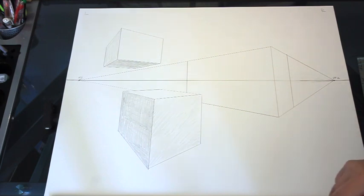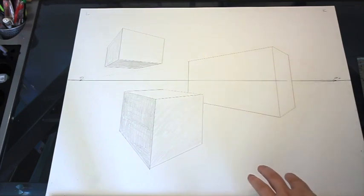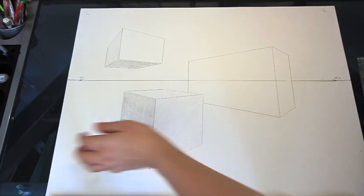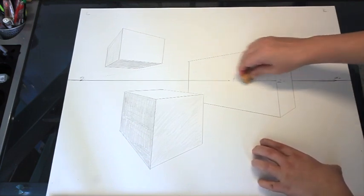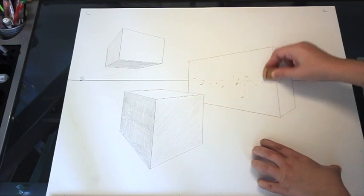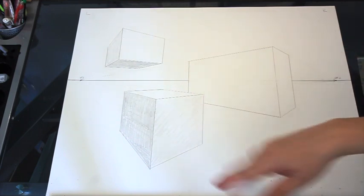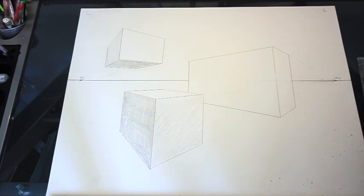So I'm going to go ahead and clean up so you can see. You'll notice in my other drawings that I've not taken out the horizon line or eye level in any other space, but because this shape is overlapping it, and because this is one of the last things that I'm going to show you with these shapes, I'm going to take that out so that you can really see what that looks like. And then that'll really give us that feeling of opacity, like something we can't see through. Wonderful. And so we have a little bit of ghost lines, but you can see that shape. And all of a sudden, wow, we really have an increased sense of depth because of the overlap with these objects. So I can do the same thing that I have been doing